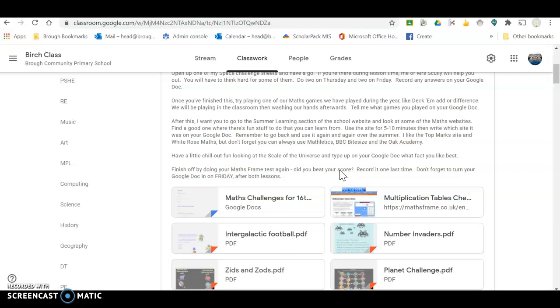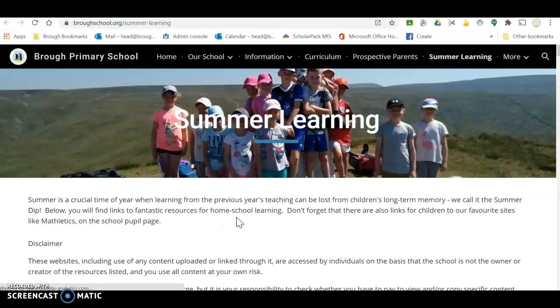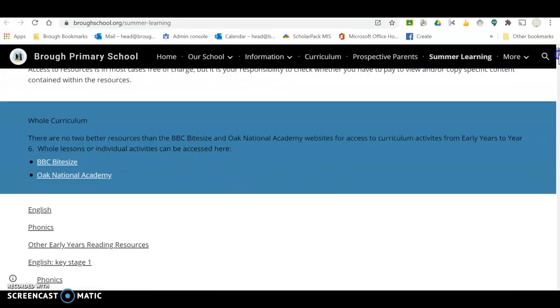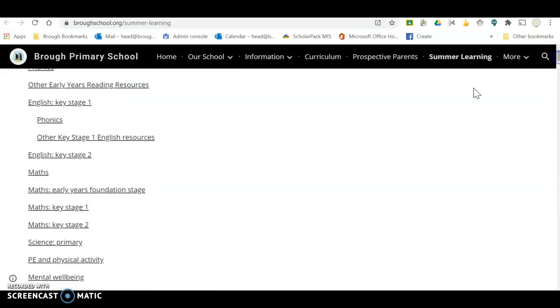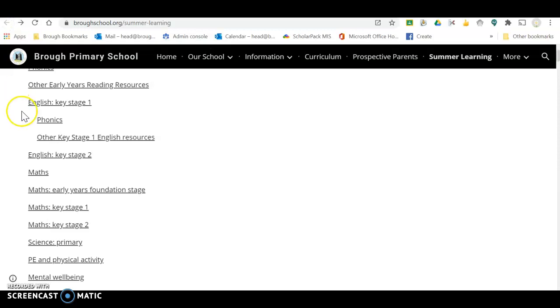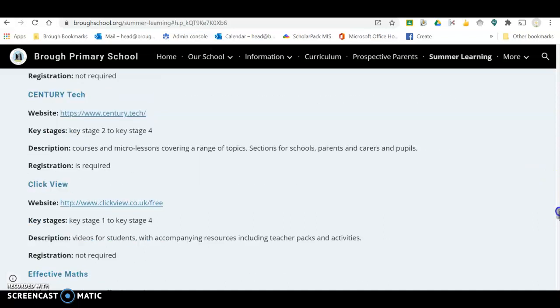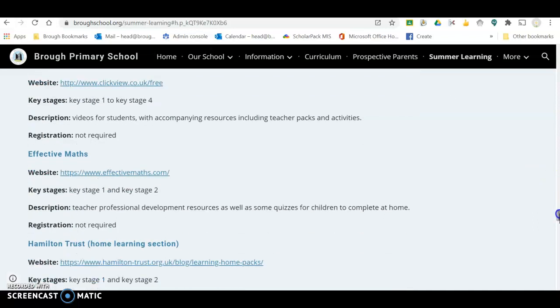Next thing to do is I want you to spend 5 or 10 minutes just going onto the school website and find the summer learning opportunities. I want you to scroll down for the Key Stage 2 maths sites. Click on those. Oh, that was English. My bad. And then have a look at some of those sites. Some of them are subscription sites. I like the ones near the end that are things like